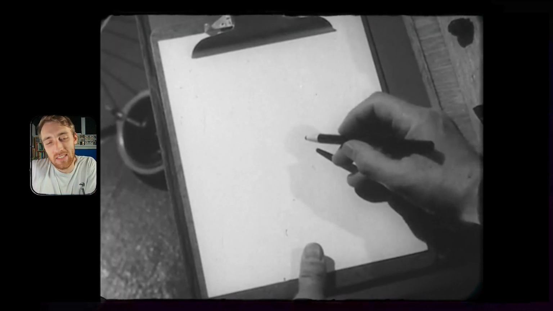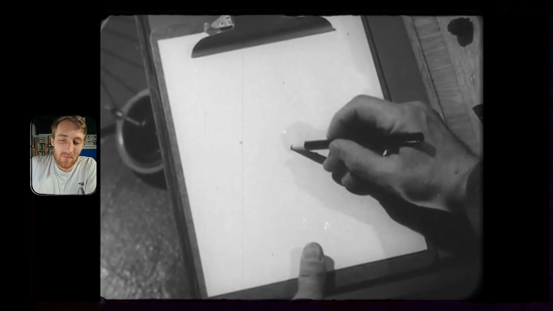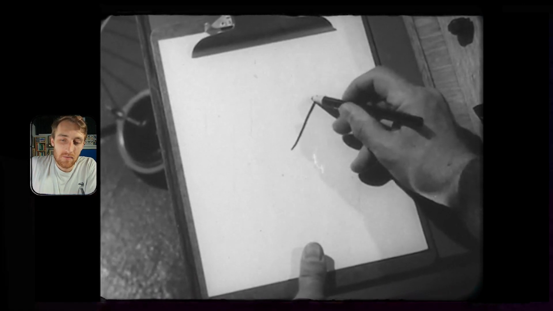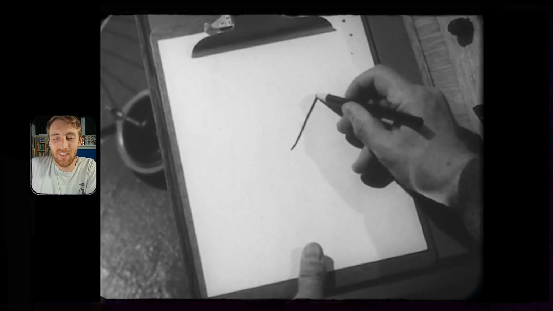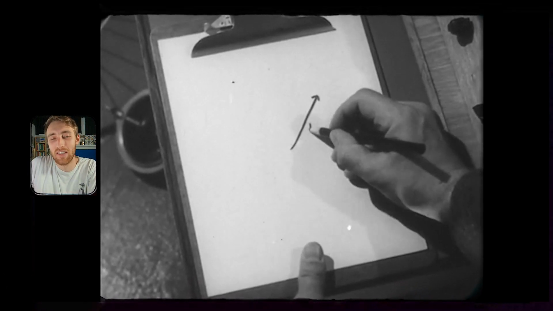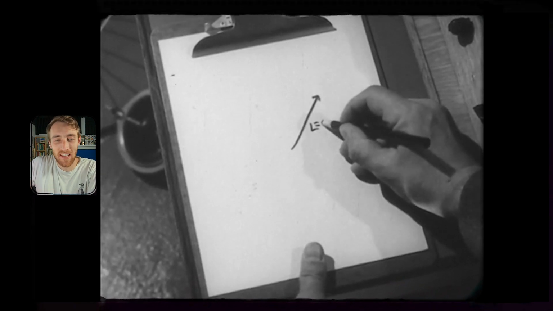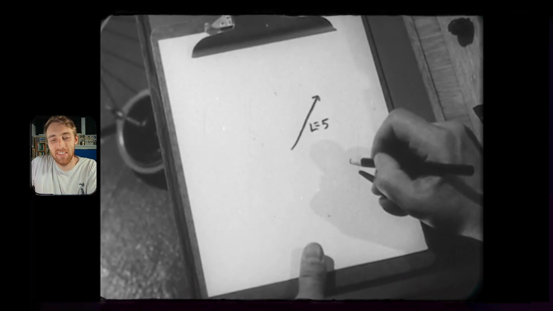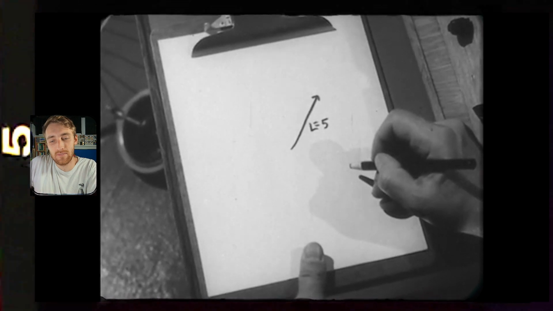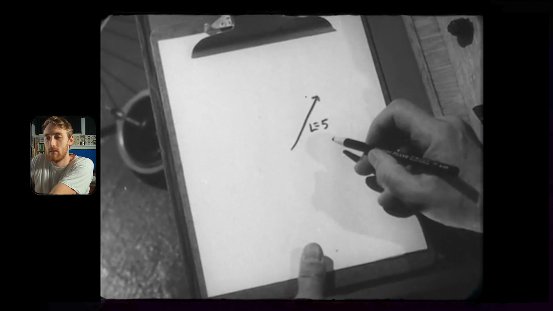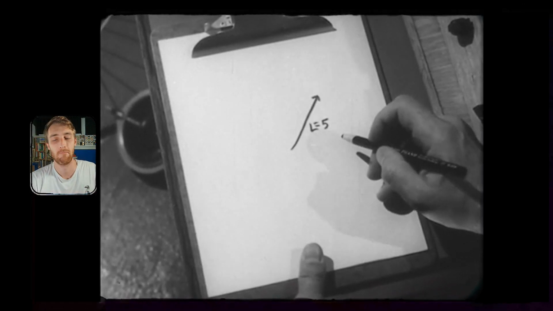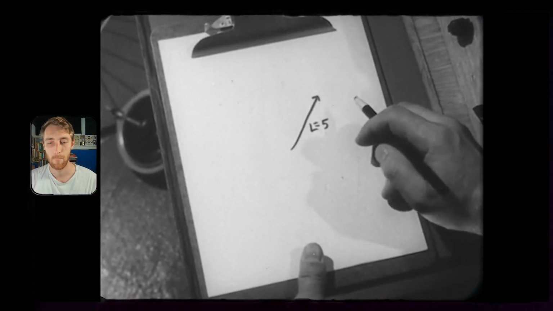We'll represent the angular momentum of the first gyroscope by this vector and label it. Is this a colored pencil? Is he writing in forest green or something? L equals, we can't tell, 5 arbitrary angular momentum units. Of course, gyroscope number 3, having the same number of arbitrary angular momentum units, will also be represented by a vector of the same length,